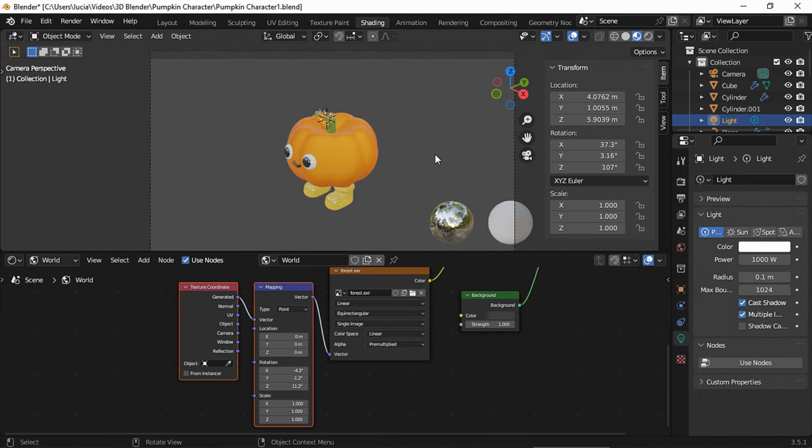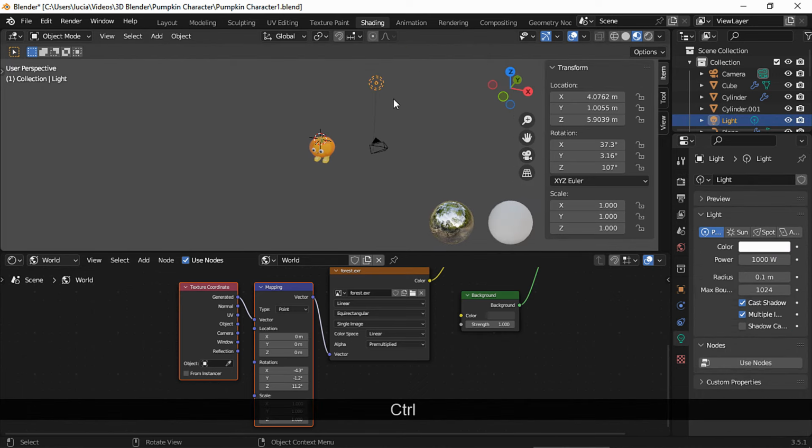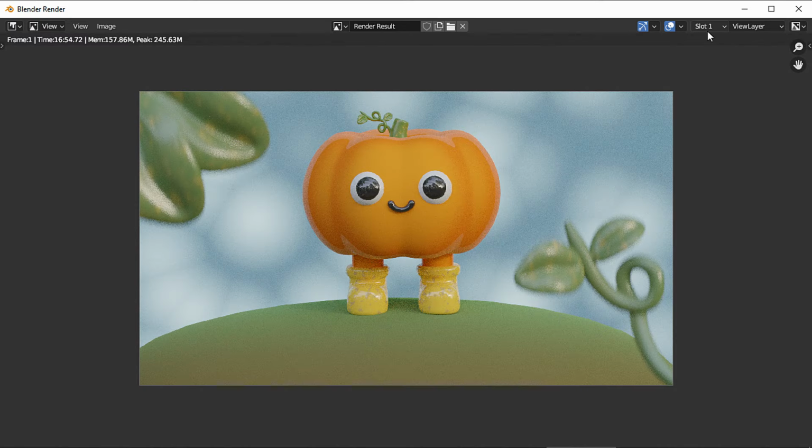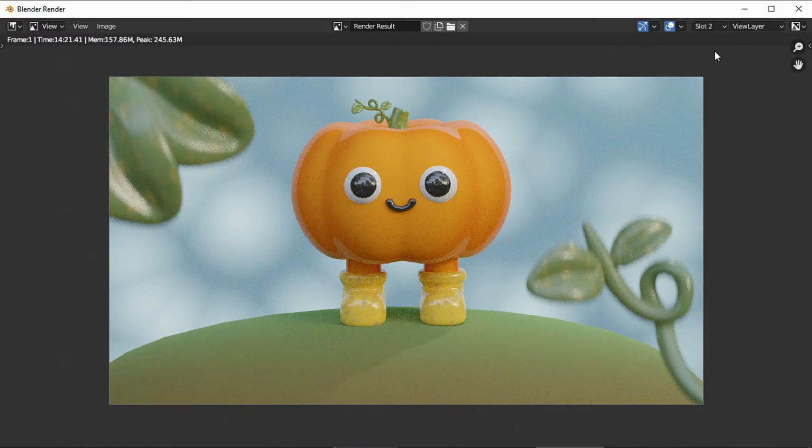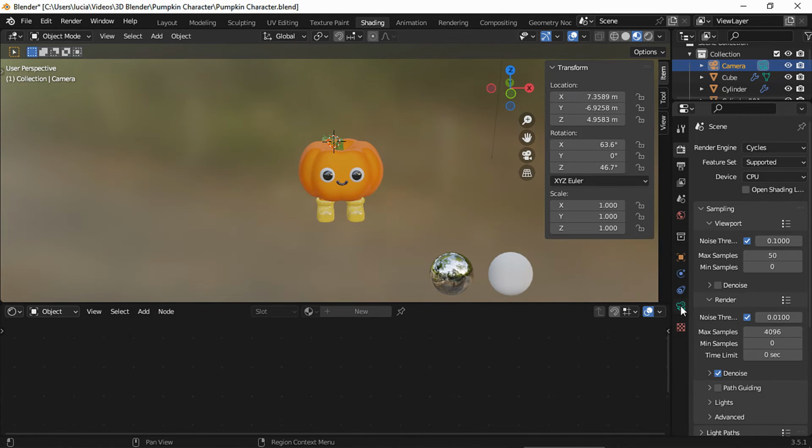I also used this default light, I left it as it was. Here it is the HDRI only, and here the HDRI with that point light. This light did give me some artifacts to the eyes, but you can erase those in an image editing software real quick. Then I decided to disable cast shadows for this light, and here's the difference between cast shadows enabled and cast shadows disabled. Then I placed the camera.